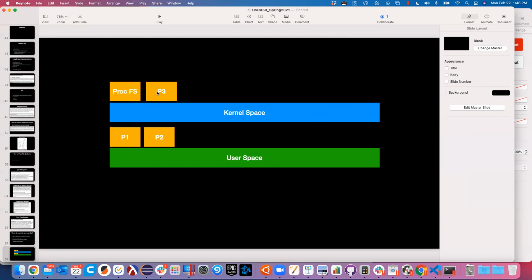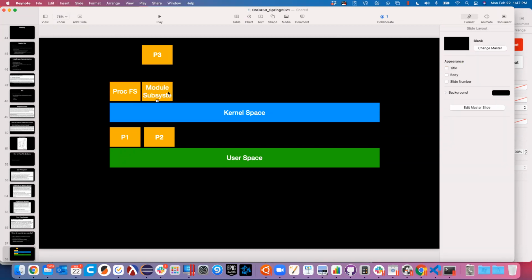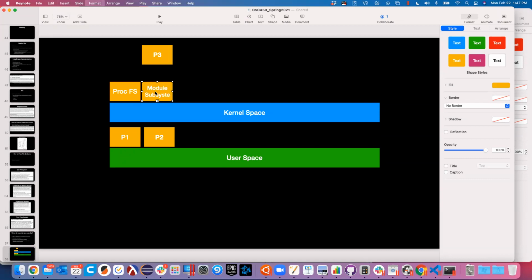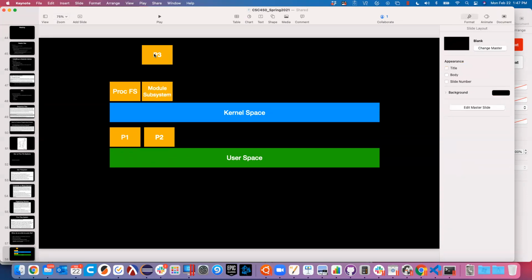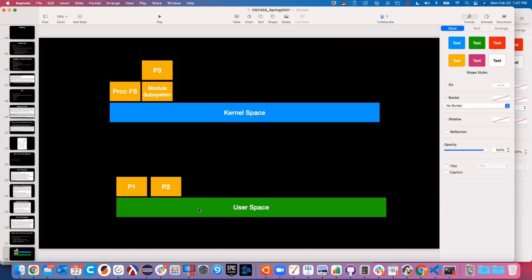All right, so more than likely what we're talking about here is the module subsystem, with a process living on top of that in the form of a module. The way that process was launched was as a module. Okay, so an issue here is how does